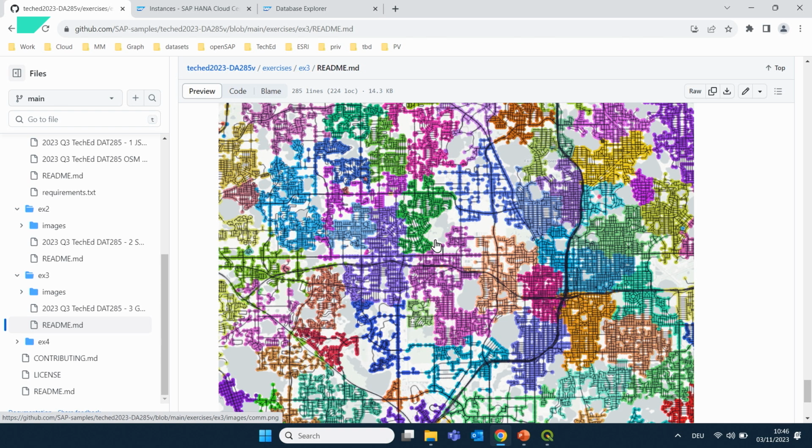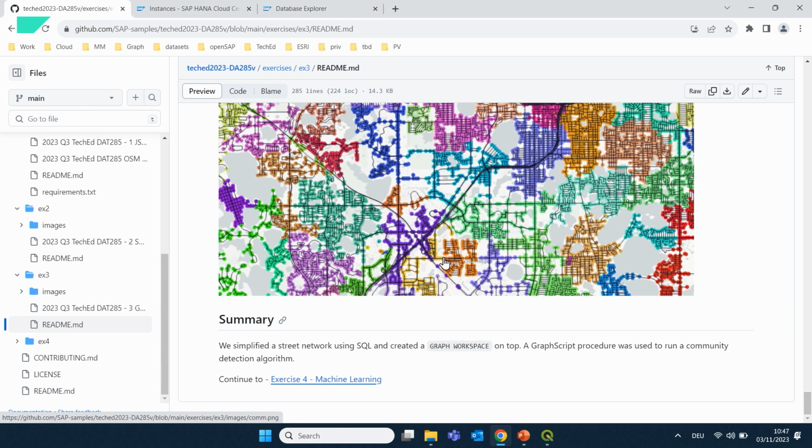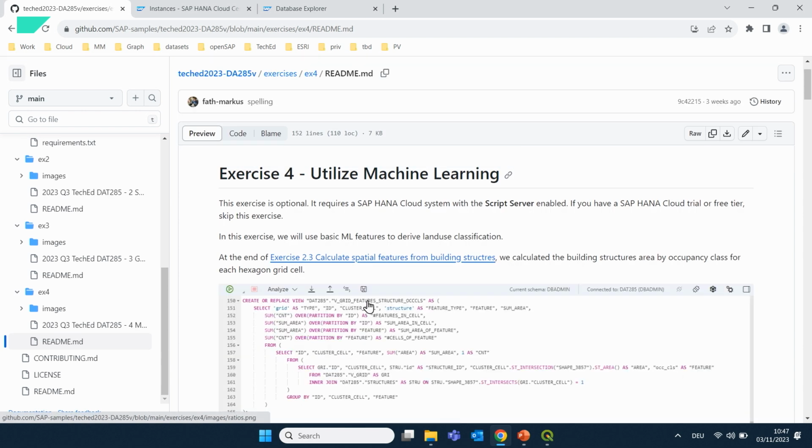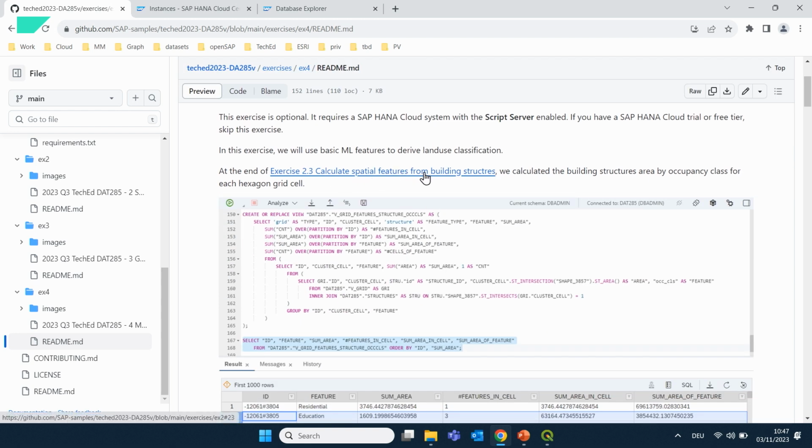For example, if you're in the utility space and you're looking for optimal routes, how your waste truck collects waste, then you might start at your city by looking at these community partitions, because there are a lot of connections within a community, but fewer between communities. So we'll guide you through how you run graph algorithms in order to come up with these communities, and then over to exercise number 4, which again builds on these spatial features that we